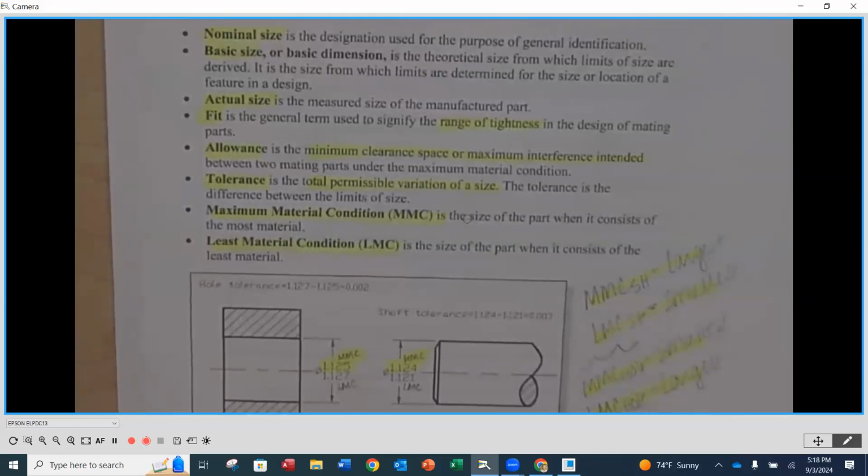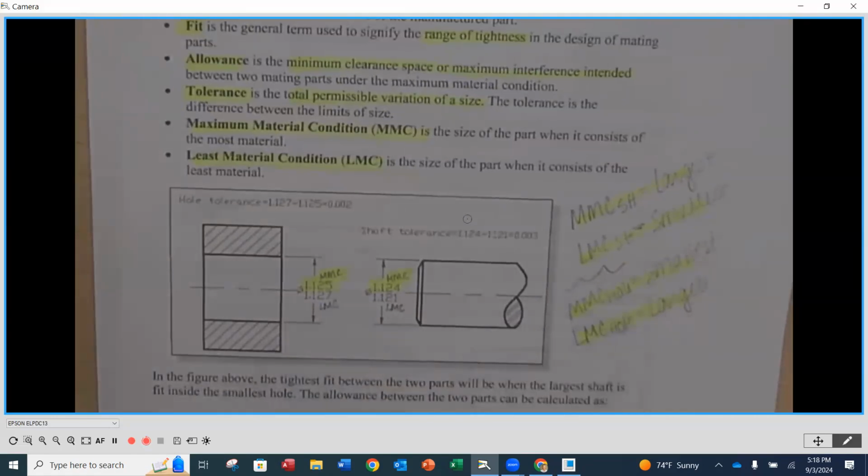And then two other terms that are important to know here as well, because they're going to be referenced very soon, are maximum material condition and least material condition. Maximum material condition is when the maximum amount of material is left over after we've created that feature. Least material condition is just the opposite, when we have the least amount. Now, maximum and least material conditions, for those who had GD&T with me, and I think almost everybody did,